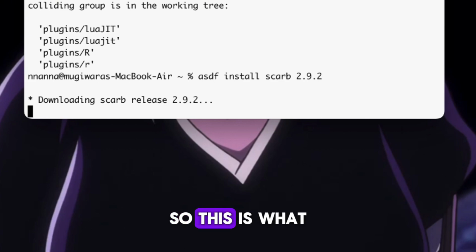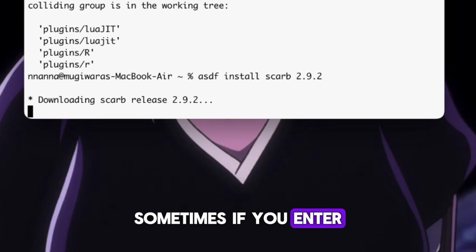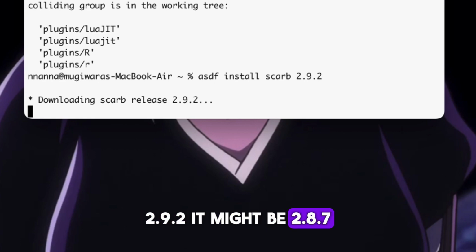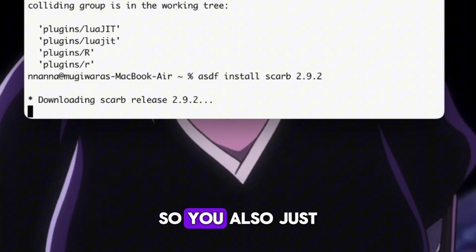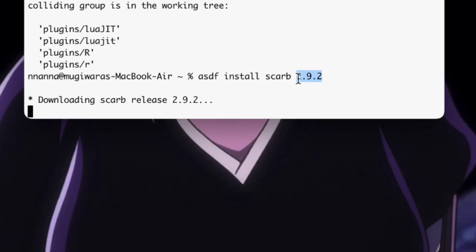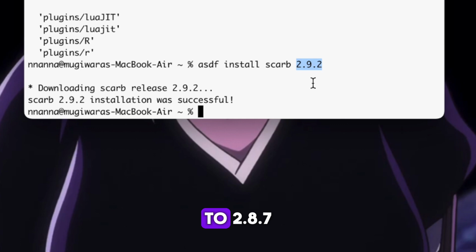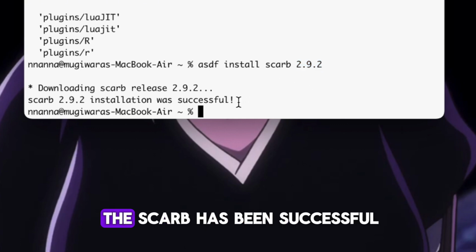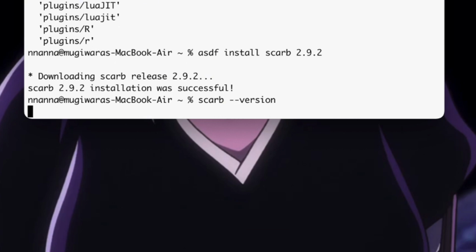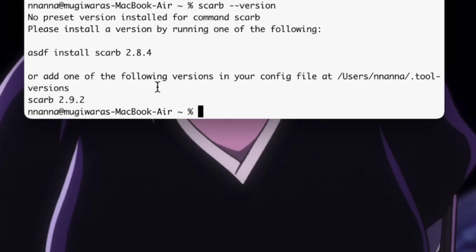So this is what you'll be doing most of the time. Sometimes if you enter a project or a repo, their Scarb version might not be 2.9.2, it might be 2.8.7. So you also just change the version over here to 2.8.7. As you can see, the Scarb install has been successful. But if you type this, yes, this is